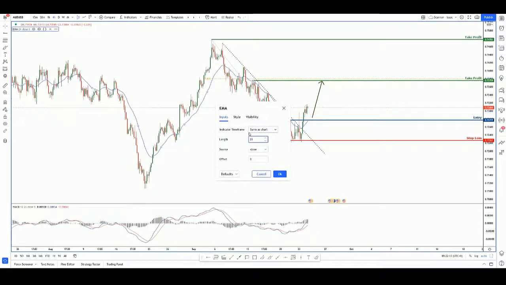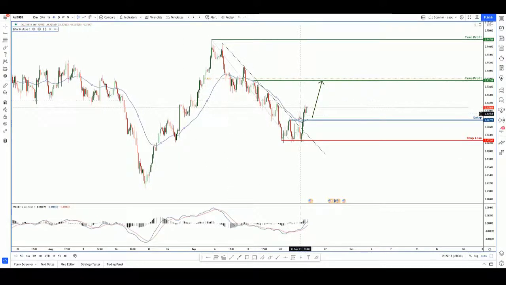Okay, 21 may be a bit too sensitive, so let's use 34. We see that price has broken above the moving average level. At the same time, MACD is